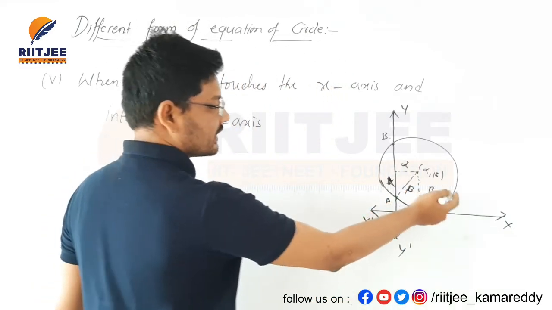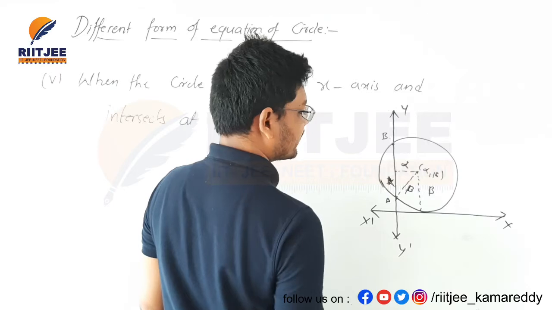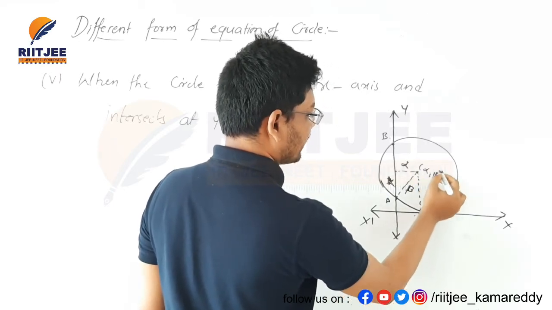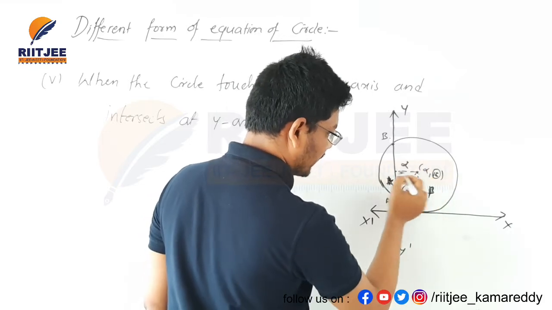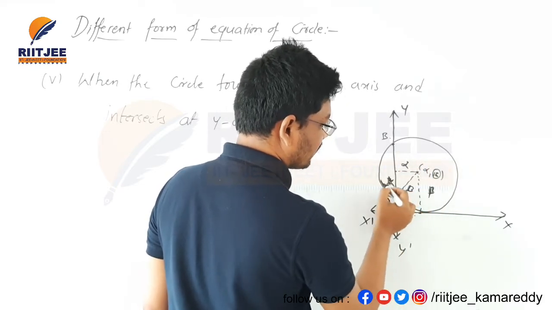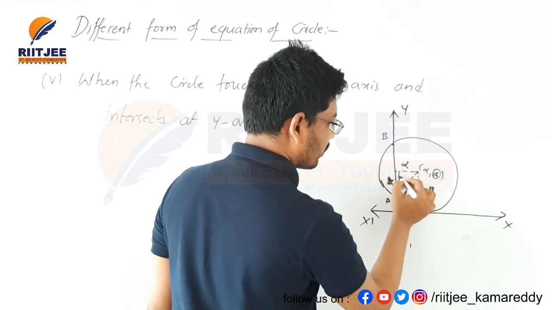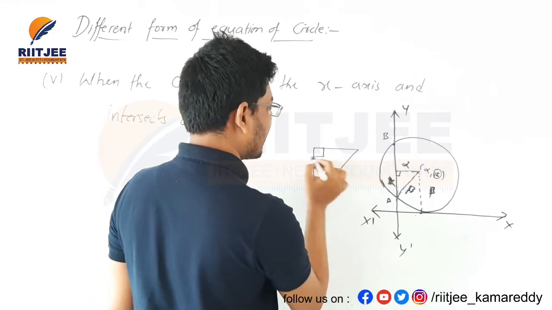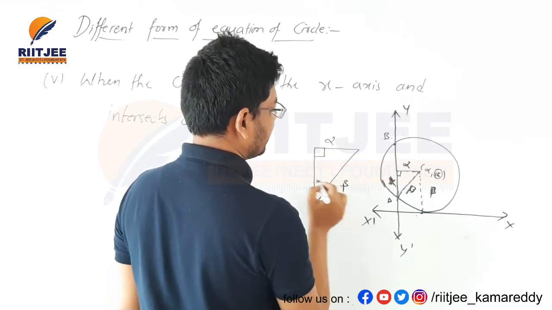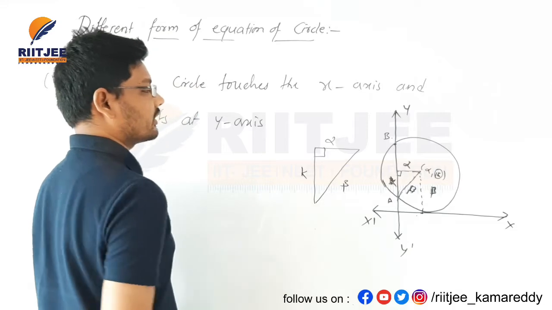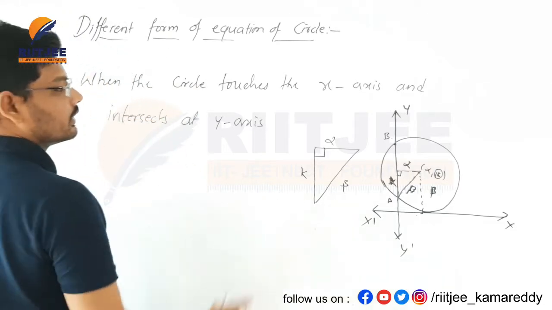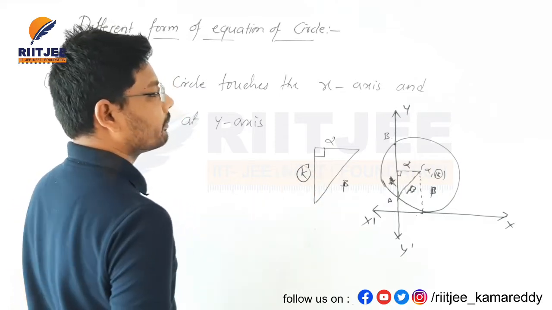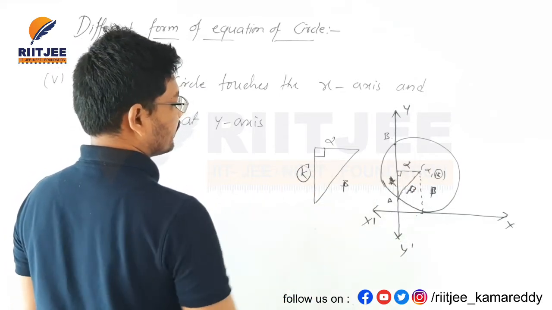Listen carefully, when a circle touches the axis here, this distance from the x axis is called the radius, that is called beta, and if you take anywhere the distance is equal, that is called radius, this is also radius. This looks like a right angle triangle, this is alpha, this is beta, this is k I am taking. K square is nothing but here beta square, here we want beta, k this distance value here.